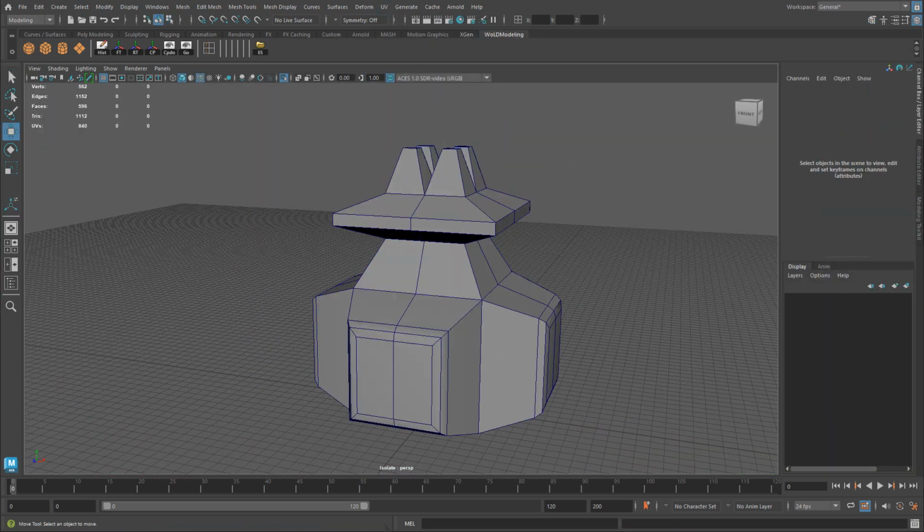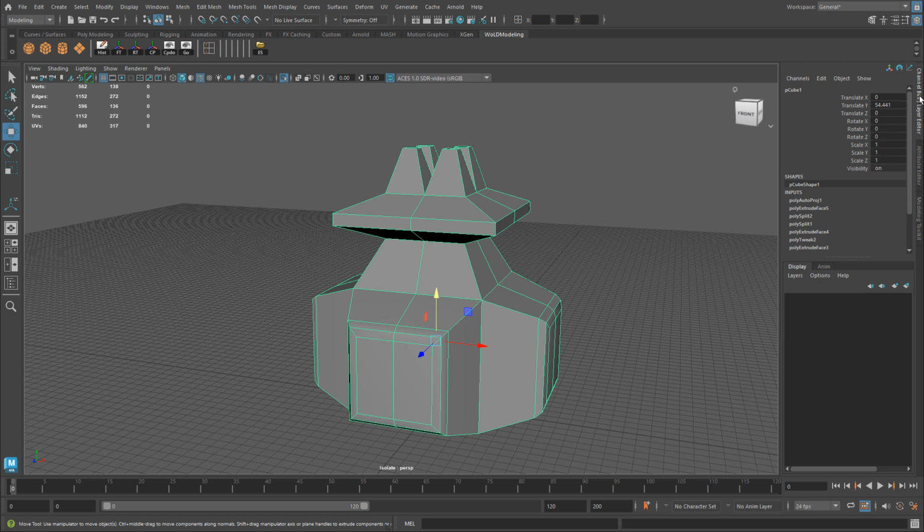So here I have an object that I did a bunch of extrusions. I just basically did something that we have some history built up. So if you select your object and you go to channel box, you will have history built up, all the steps that you've done to an object. Now this was a very quick method that I did to it, and you can see that I have